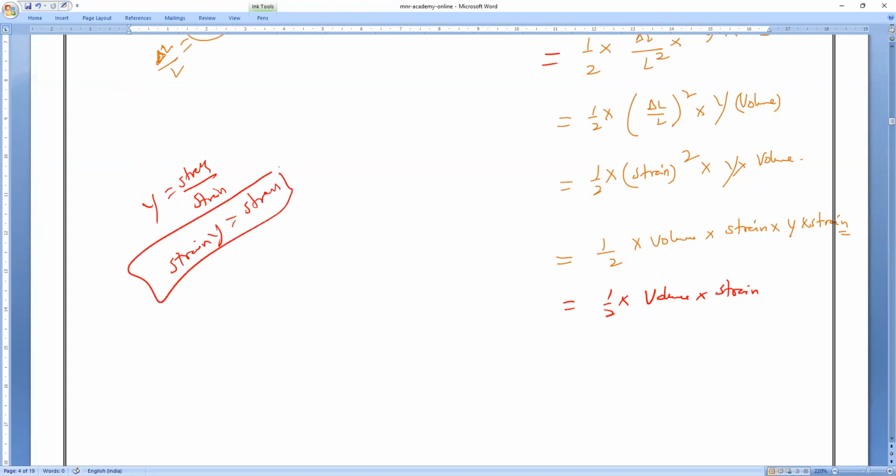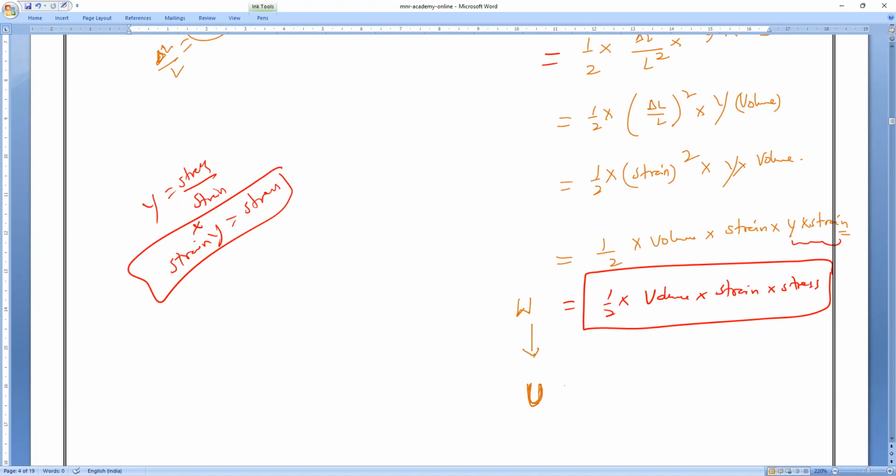So in place of strain into Young's modulus, I can write what, everybody? Please respond. I can write stress. That is the work done. We all know that the amount of work done equals the energy possessed by the body, or energy stored inside the body. That is, work done is equal to that. So that is the formula, half into